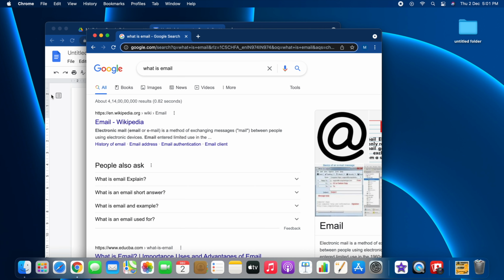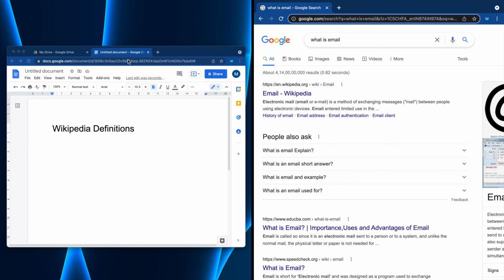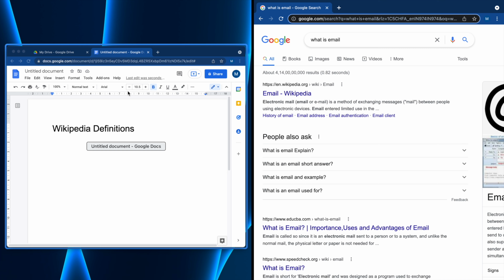And now what you have to do is you have to take the cursor over the green icon and you will see an option to move the window to either side of the screen. You can move it to the left or the right, to any side that you want. I'll just move this window to the right side, and here on the left side now you can see another